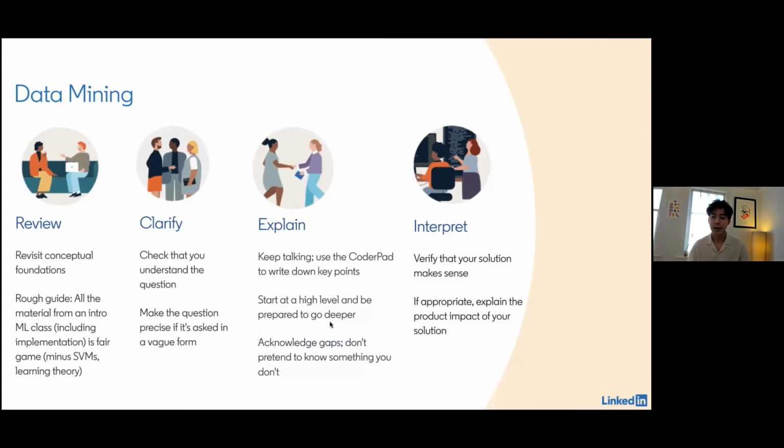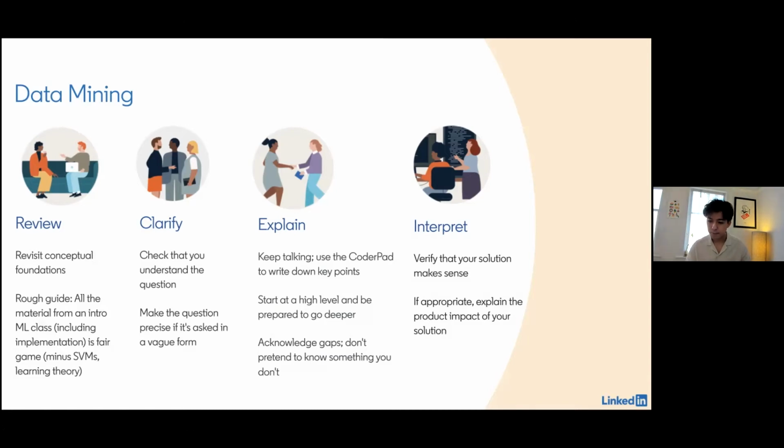It's a good idea to start at a high level and be prepared to go deeper. So you don't want to spend all of your time on just one particular part of the machine learning lifecycle. For example, don't spend all of your time talking in depth about the data sets that you'll be using and what kinds of approaches you might take to data cleaning. Instead, keep the interview going, and your interviewer will push you to go deeper on certain points if they think it's appropriate to the interview setting, right? So stay at a high level, but be prepared to dive deep at any part of the machine learning design cycle.